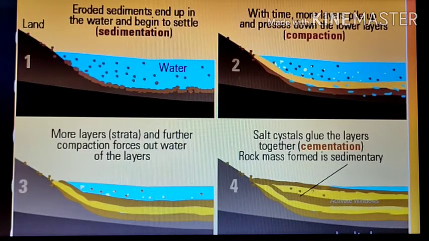Now, when the sediments are deposited, animals, plants, and microorganisms get trapped within these layers. They are preserved as fossils. This is a unique characteristic of sedimentary rocks and is very useful in the study of the past. Now, large deposits of dead plants and animals trapped within the sediments get changed into coal and petroleum over long geological periods. These are called fossil fuels.